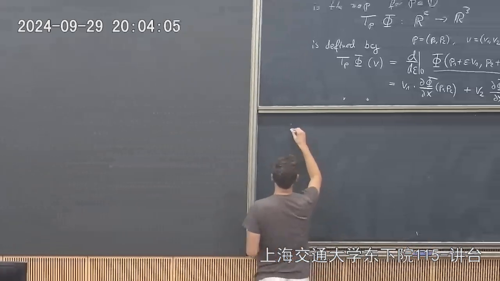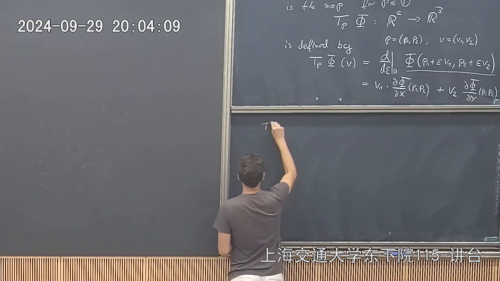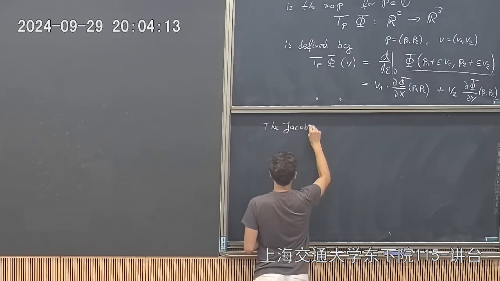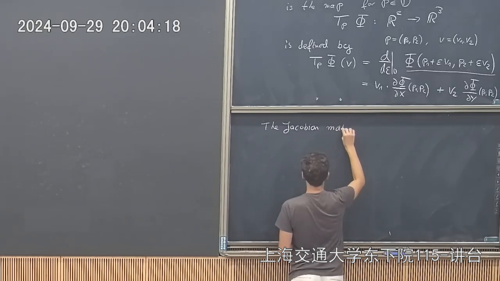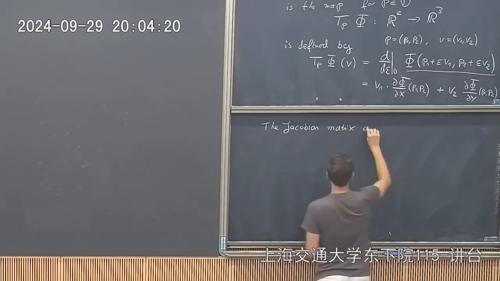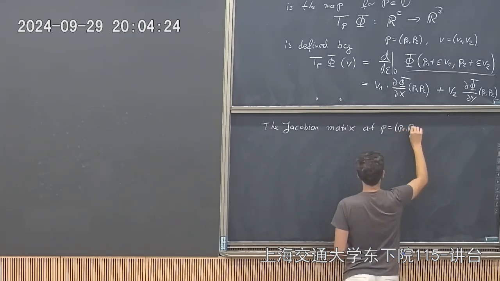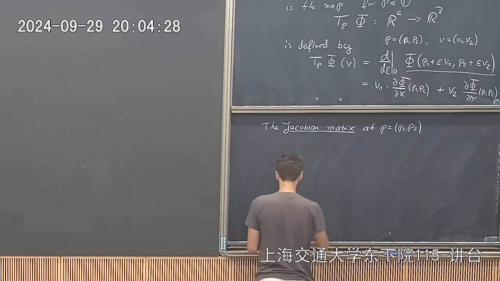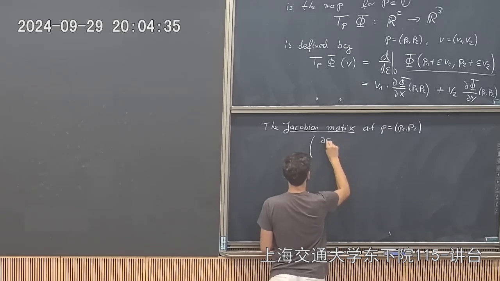And the matrix that corresponds to that is the Jacobian. And this one is the matrix where we collect all the data of